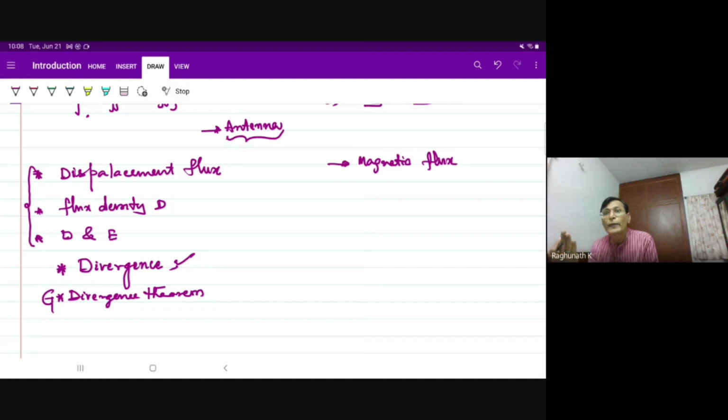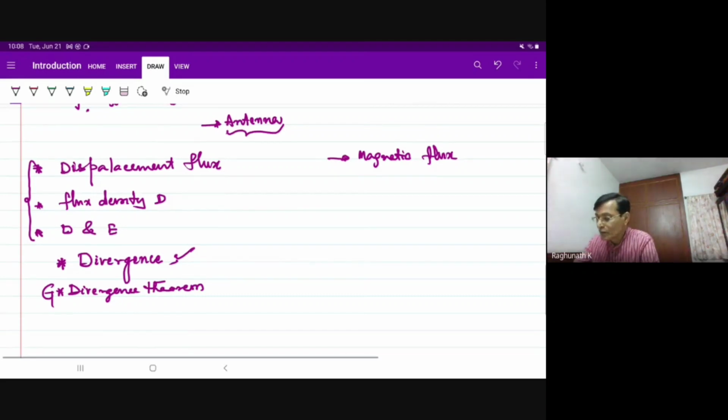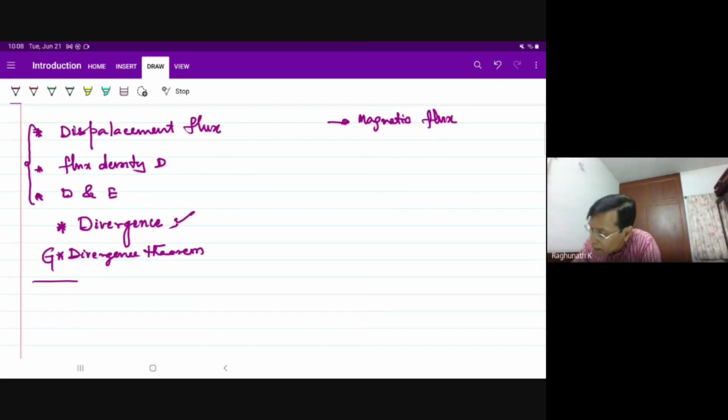Now, you want to understand the capacitor through this subject. This is the subject topic that I use: divergence and Gauss divergence theorem. Next, in this, these are all vector quantities. I have defined the vector field quantity by defining a flux density vector at every point, and the electric field intensity vector at every point.